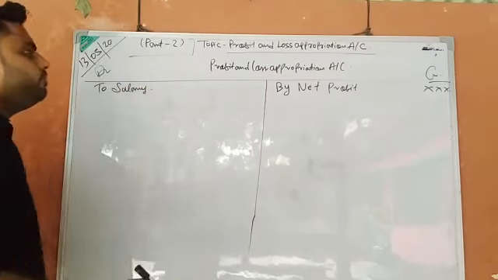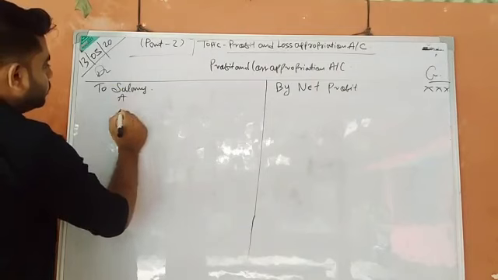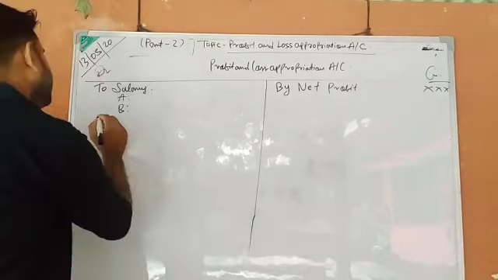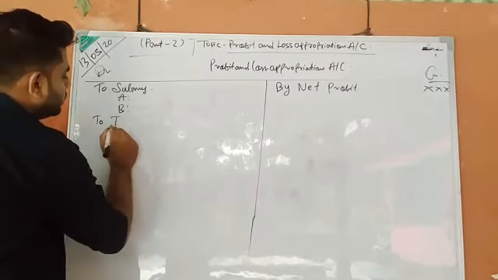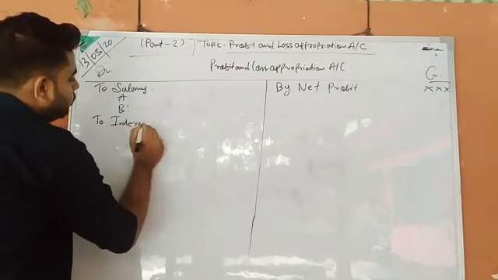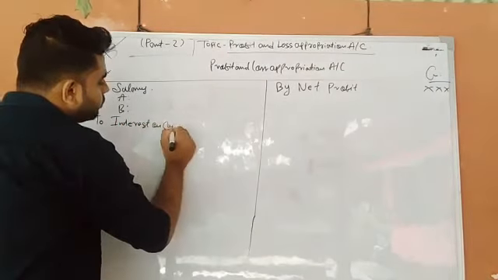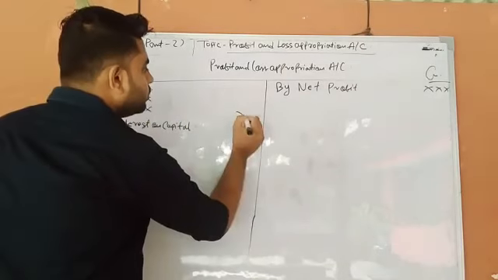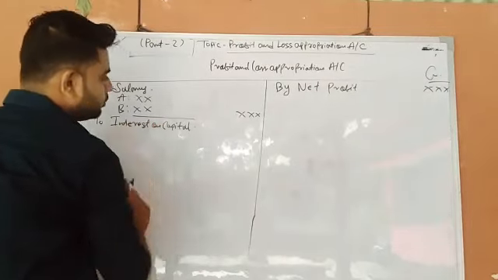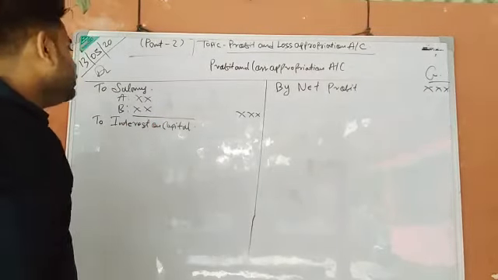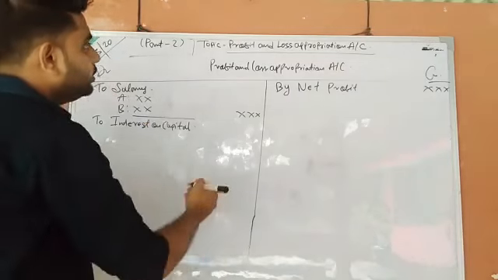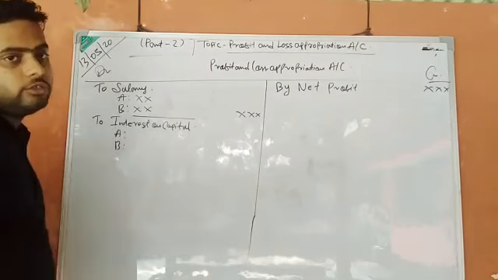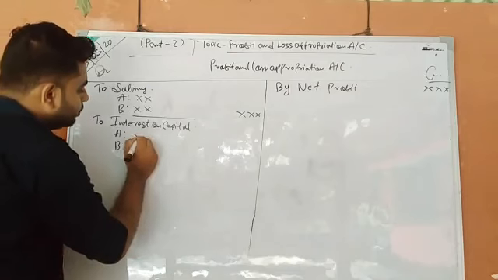salary. For example, if A and B are partners, the salary will be given to both A and B, if it is agreed in the partnership. Then only they will get salary. What can be more expenses to the partnership firm? Interest on capital. Interest on capital can be provided to the partners, and it is an expenditure for the firm. That's why it is debited. If A and B are partners, both of them will get interest on capital.